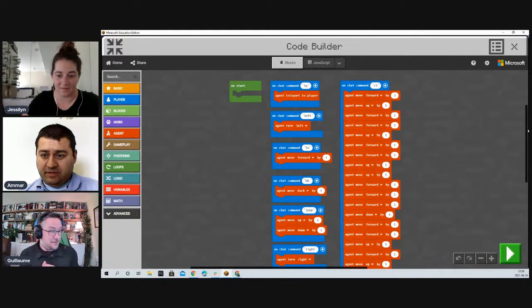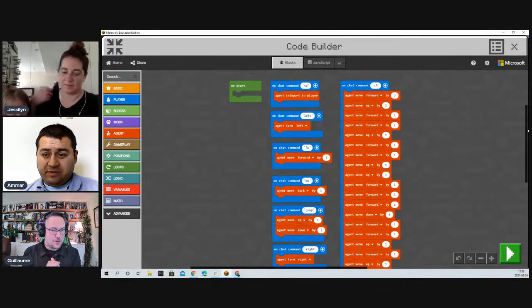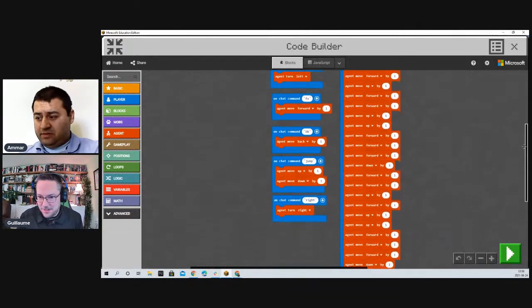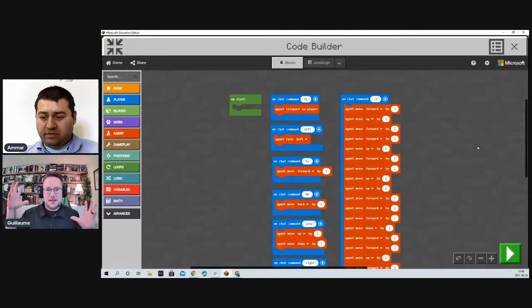So right now, I have a question for you guys. If you are still in the chat, what is, according to you, the lowest number of coding blocks that we can use to complete this challenge? I've used, I would say, about 25 blocks, 30 blocks maybe. So how can I make this function smaller? How small do you think I can get it in order for my agent to touch all the plates and go to the end? Amar, do you have ideas?